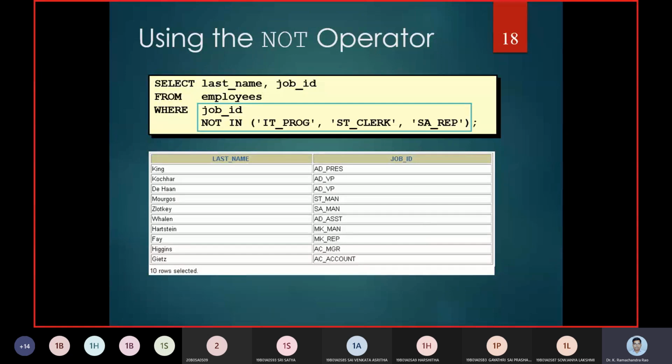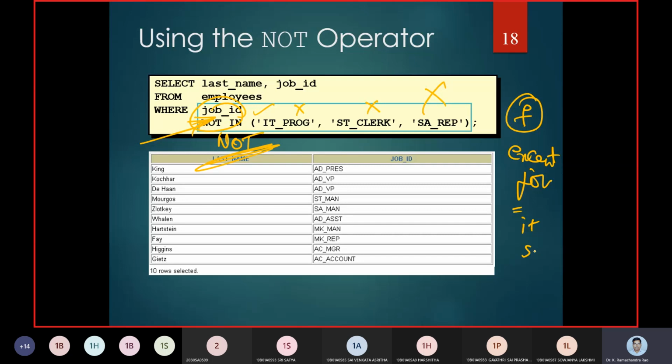Another example was using the negation operation, that is nothing but the NOT operation. You want to search for the employees whose job is not IT, whose job is not clerk, and whose job is not SA. That means you want the false-phrase operation. So except job equals IT, ST clerk, or SA rep, so representative.